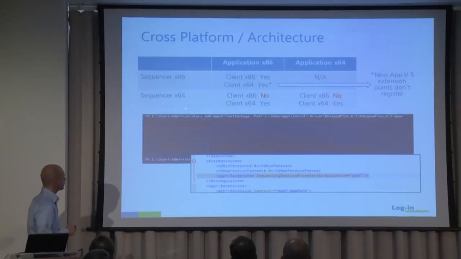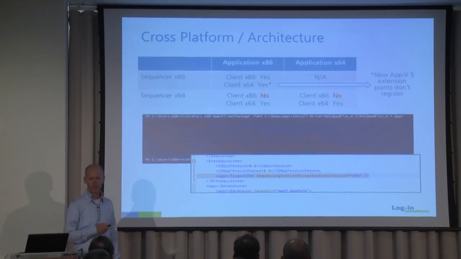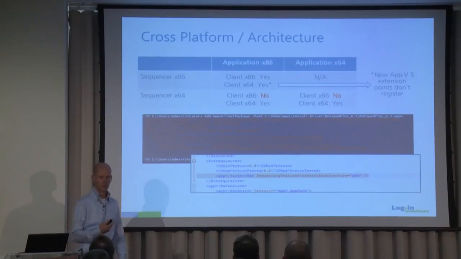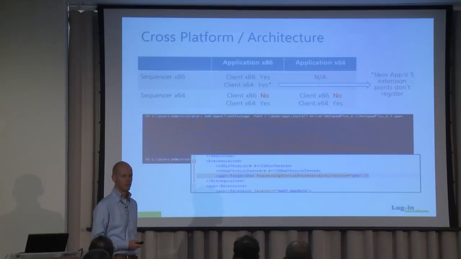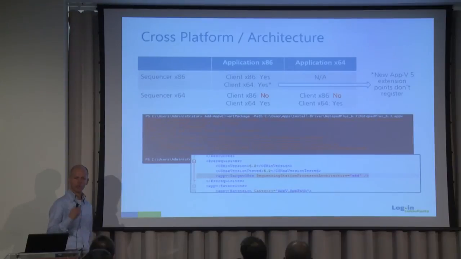But if you've sequenced on a 64-bit machine, even if you've sequenced a 32-bit application on a 64-bit machine, it will not deploy to a 32-bit client. You will get an error: cannot configure, the package is not designed for the current platform architecture. So there goes your cross-platform possibility. Now, I always personally like to sequence 32-bit applications on the platform that they were designed for,